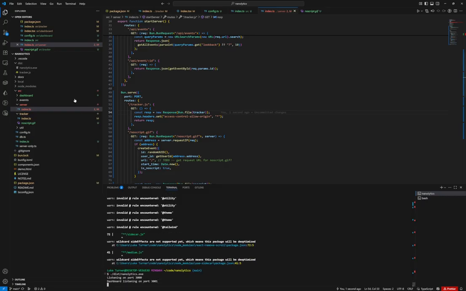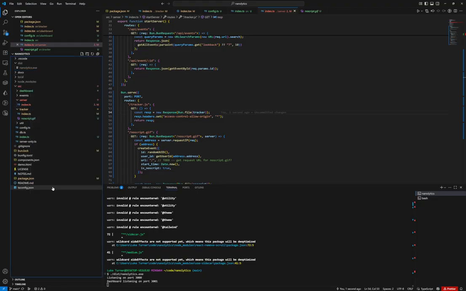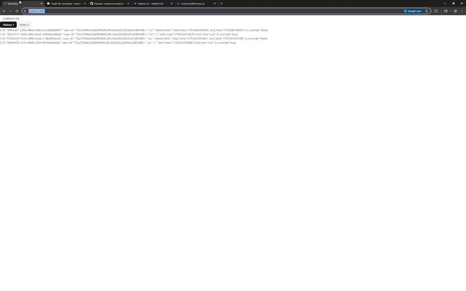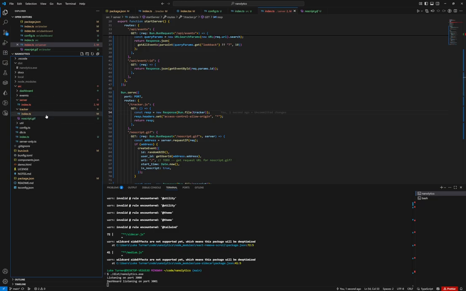If I try and run this again, and let's also delete this tracker.js. Now, if I go here, that works. If I go here, that works. Although it's probably just doing this as a raw file. I don't think this is actually running it through Bun's transpiler business. So if I were to like,